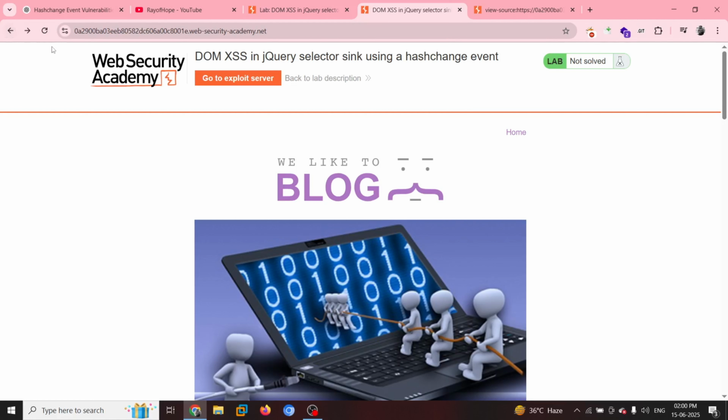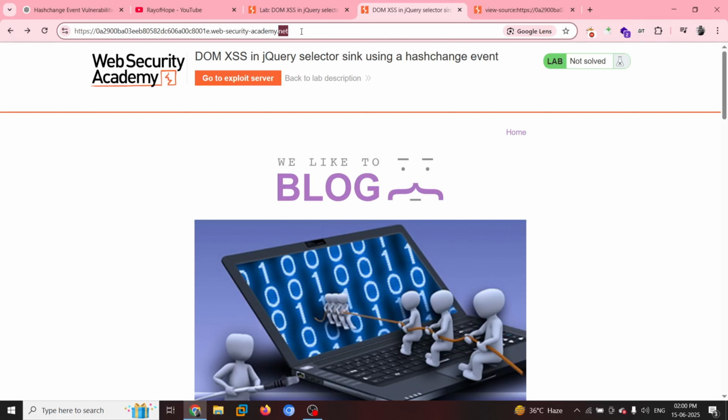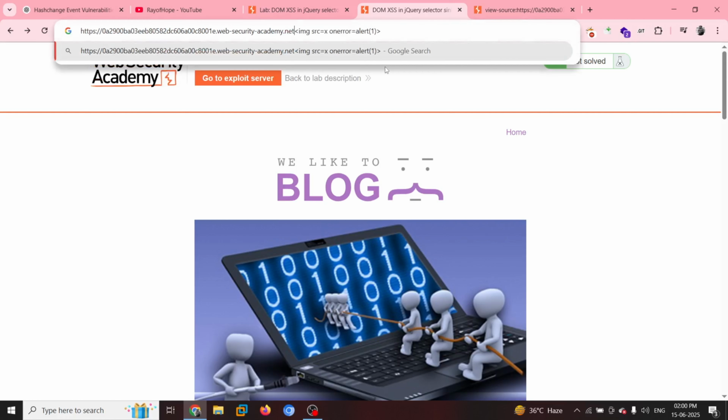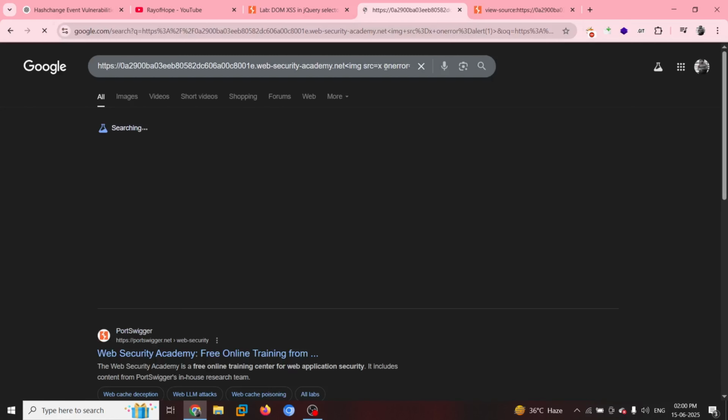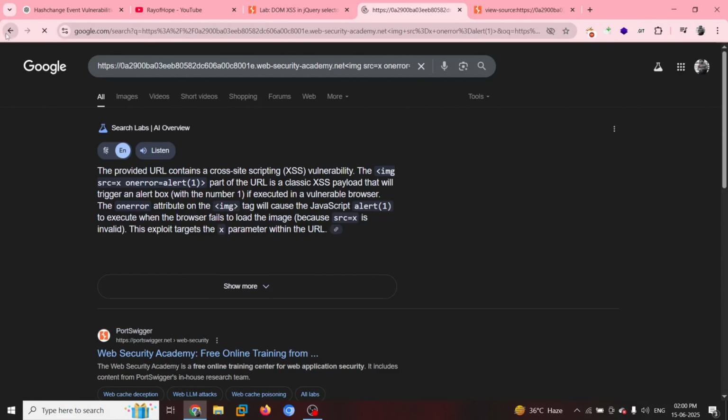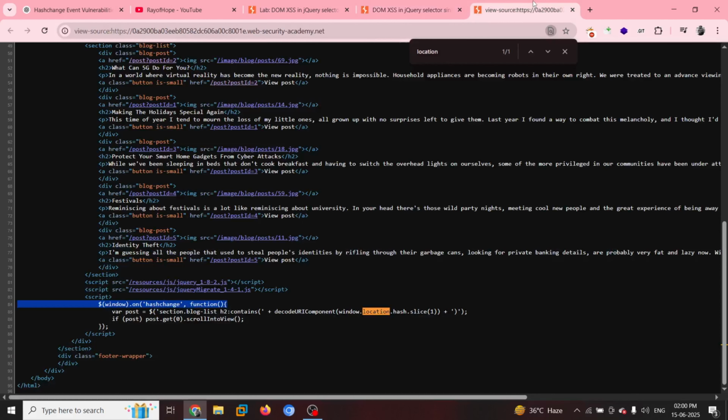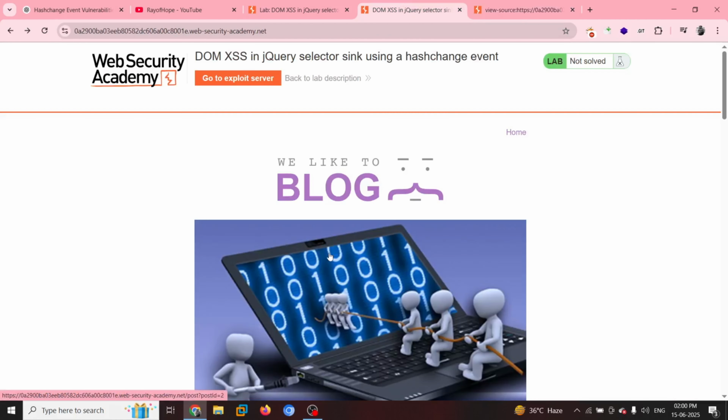However, guys, if we go ahead and try to exploit it using this, just understand this. If I do not use this hash functionality over here and hit enter, we did not get anything. Therefore, now you can see that whatever user input it is taking using location.hash, it is getting triggered into the hashchange event handler, right? Now, as we know that this is vulnerable for DOM based XSS, now we have to deliver this to the user. And for that, we do have an exploit server over here, right?